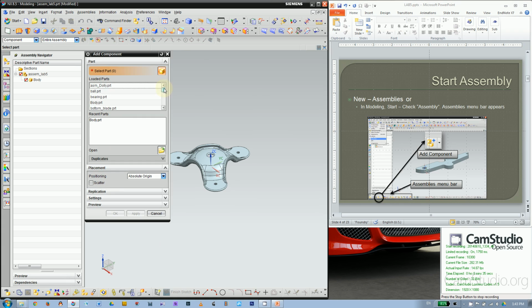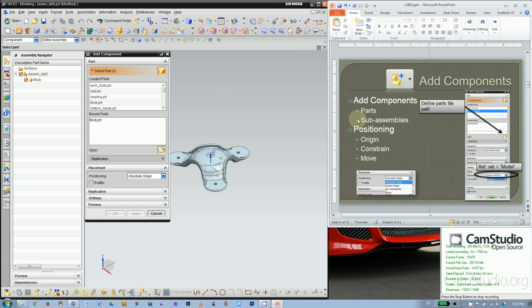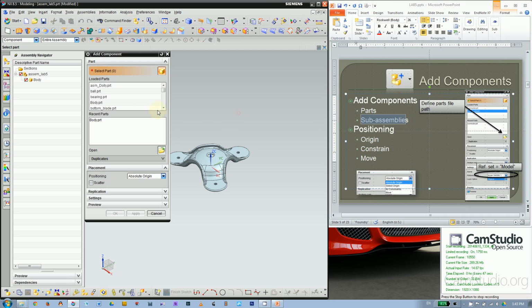And keep in mind that this is assembly. However, you can also insert another assembly, which is called subassembly. So for this particular model, we do have a subassembly here,